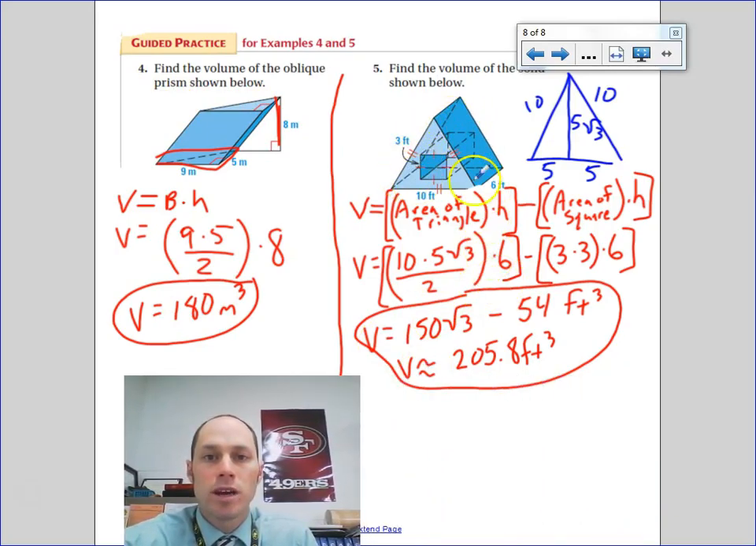Next shape, we're taking this triangular prism and punching out a hole of the square prism. So I take the area of the triangular prism, subtract out the area of the square prism. I'm not given the height of this triangle. I know it's 10, it's an equilateral 10 by 10 by 10. So if I make an altitude,